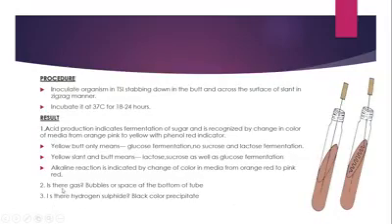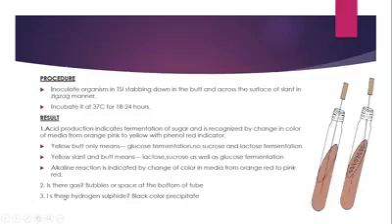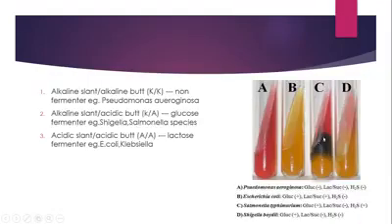Now the second thing that we're going to look for is gas, and how will it manifest? By bubbles or the space at the bottom of the tube. It will manifest as bubbles, as you can see the bubbles here, or the space in the bottom of the tube. That's not shown here, but if you see a space at the bottom of the tube, it will show that gas has been produced. And then we are going to look for the hydrogen sulfide, which is a black precipitate. As you can see here, this is manifesting the hydrogen sulfide production.